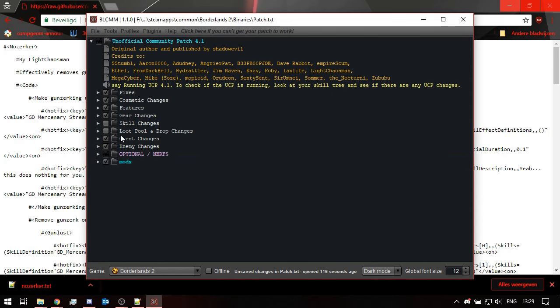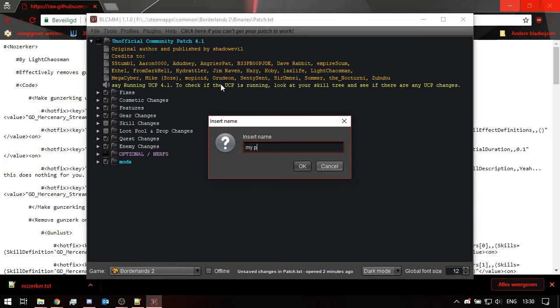If, for instance, you are using a lot of mods, but you don't want to use all of them at all times, you can make a profile for your current use. A profile is basically a way to save multiple configurations of the same file in a single file. So say I create a new profile, my profile,